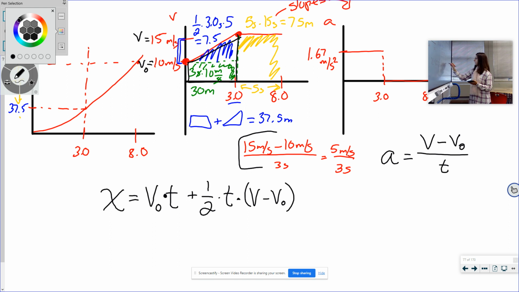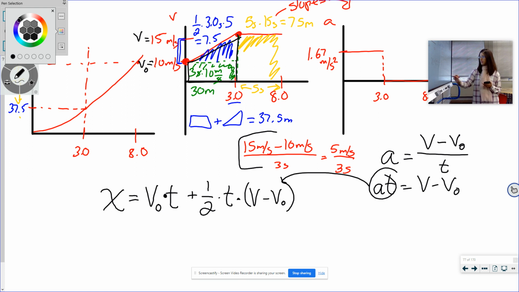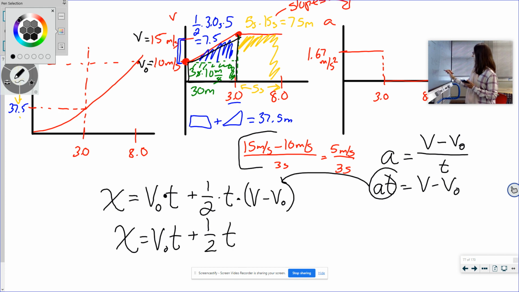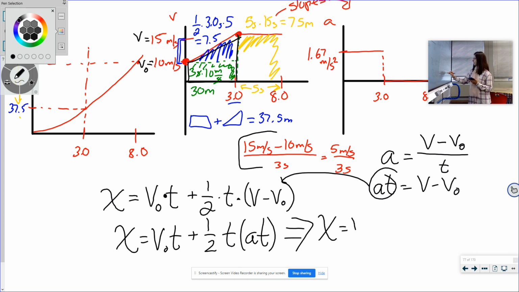We can multiply both sides by t, and then we can get this expression for v minus v naught. I'm going to take this at and sub it in over here. Now we're going to be left with x equals v naught t plus 1/2 t, and then at, which we can simplify as v naught t plus 1/2 at squared. This is the first